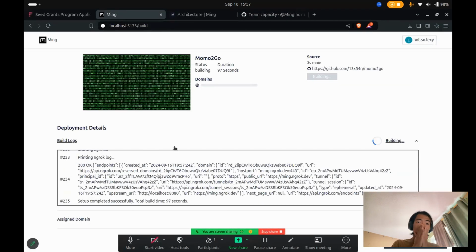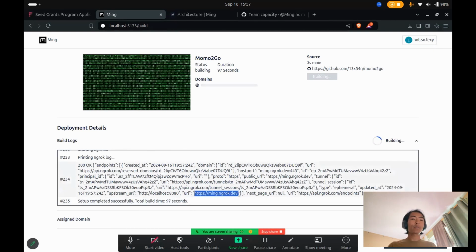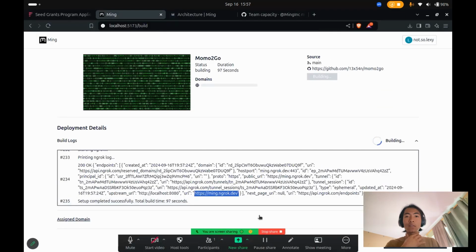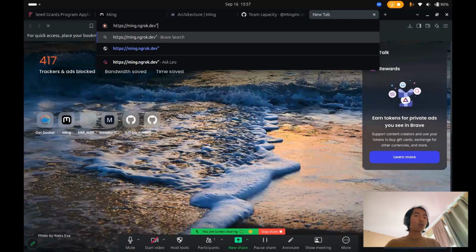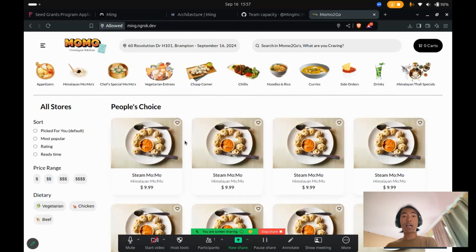Let's wait for a moment, and kudos, the project is deployed successfully. The build time is 97 seconds on this low-range laptop, plus the screen is being recorded, otherwise we benchmarked 62 seconds on production deployment, close enough to Vercel deployment. Each deployed project can be tracked on the dashboard, and